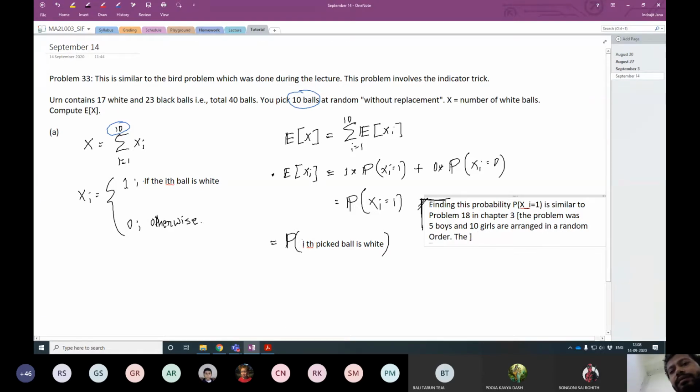The probability that there is a boy at the ith location is 5 over 15, and this